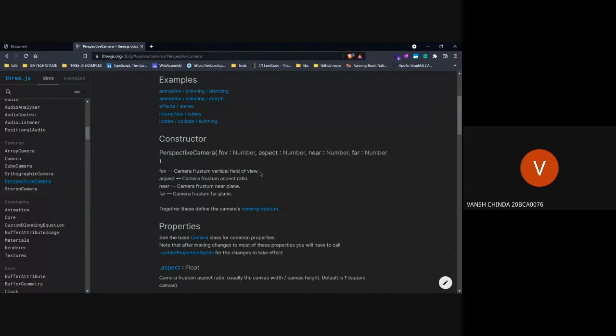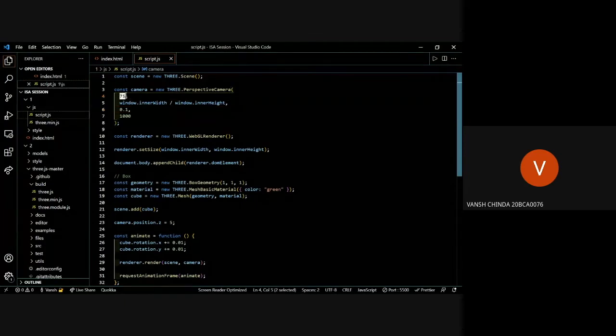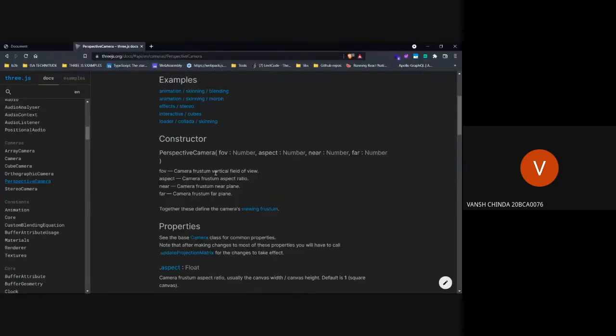If you have read it in your 10th bio, I think the field of view basically tells how far the thing should get blurred. So this is basically 75 units. If I put anything beyond 75 units, it will get blurred or it won't show up in your canvas. So we are just setting up the field of view.